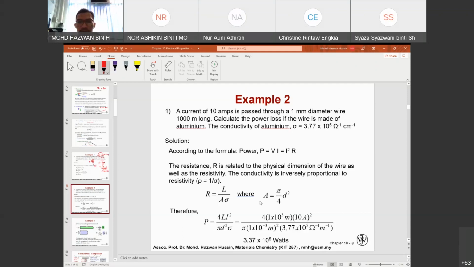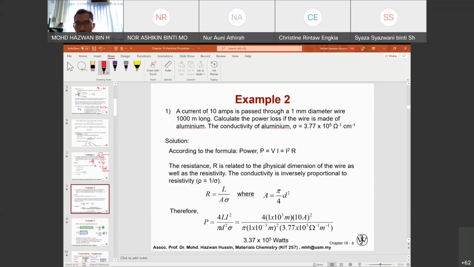Okay. So over here, according to the formula, power P is equal to V multiplied by I and also equal to current squared R. The resistance R is related to the physical dimension of the wire as well as the resistivity. The conductivity is inversely proportional to the resistivity. So therefore, if you substitute the whole thing together, R is equal to this one. This one is taken from